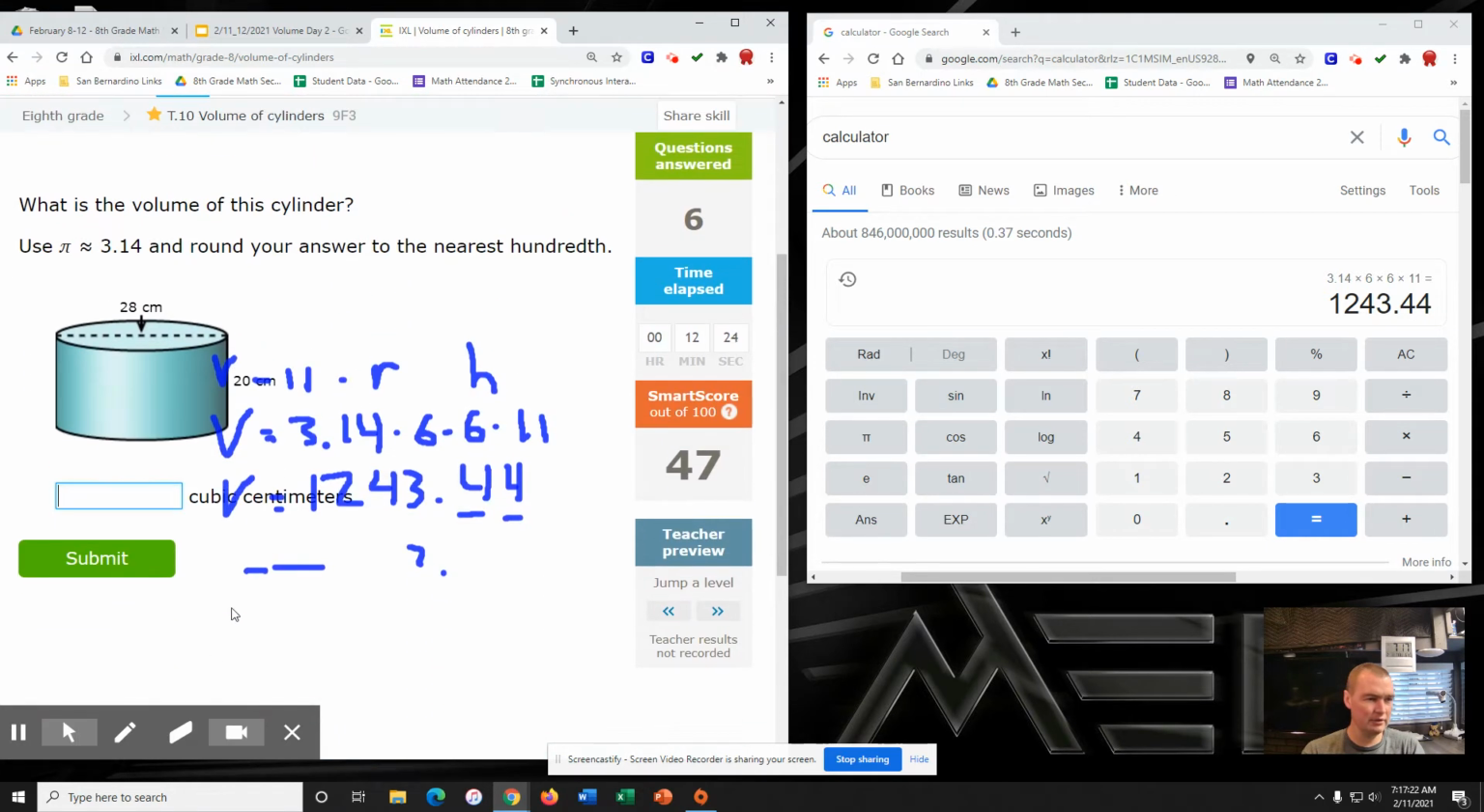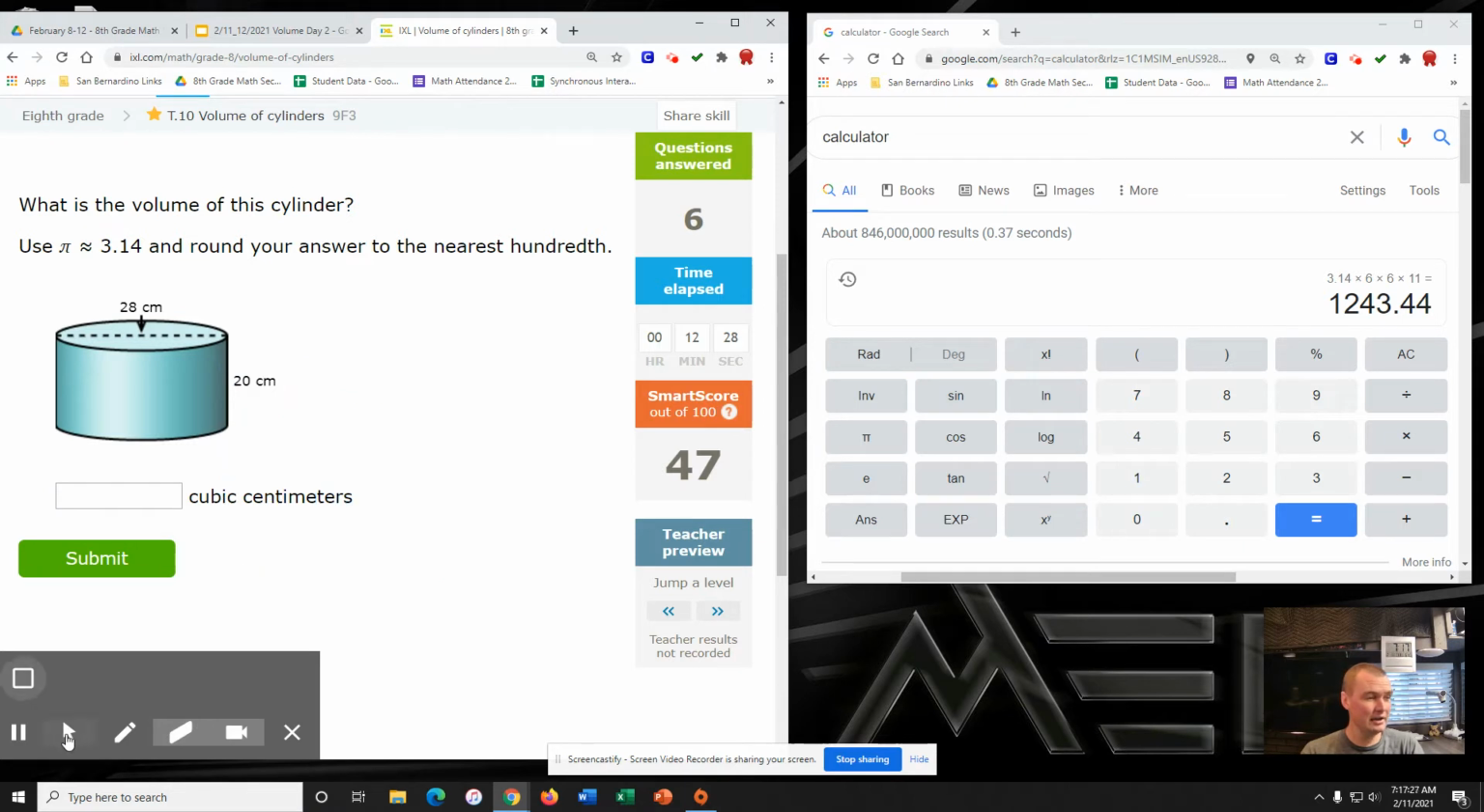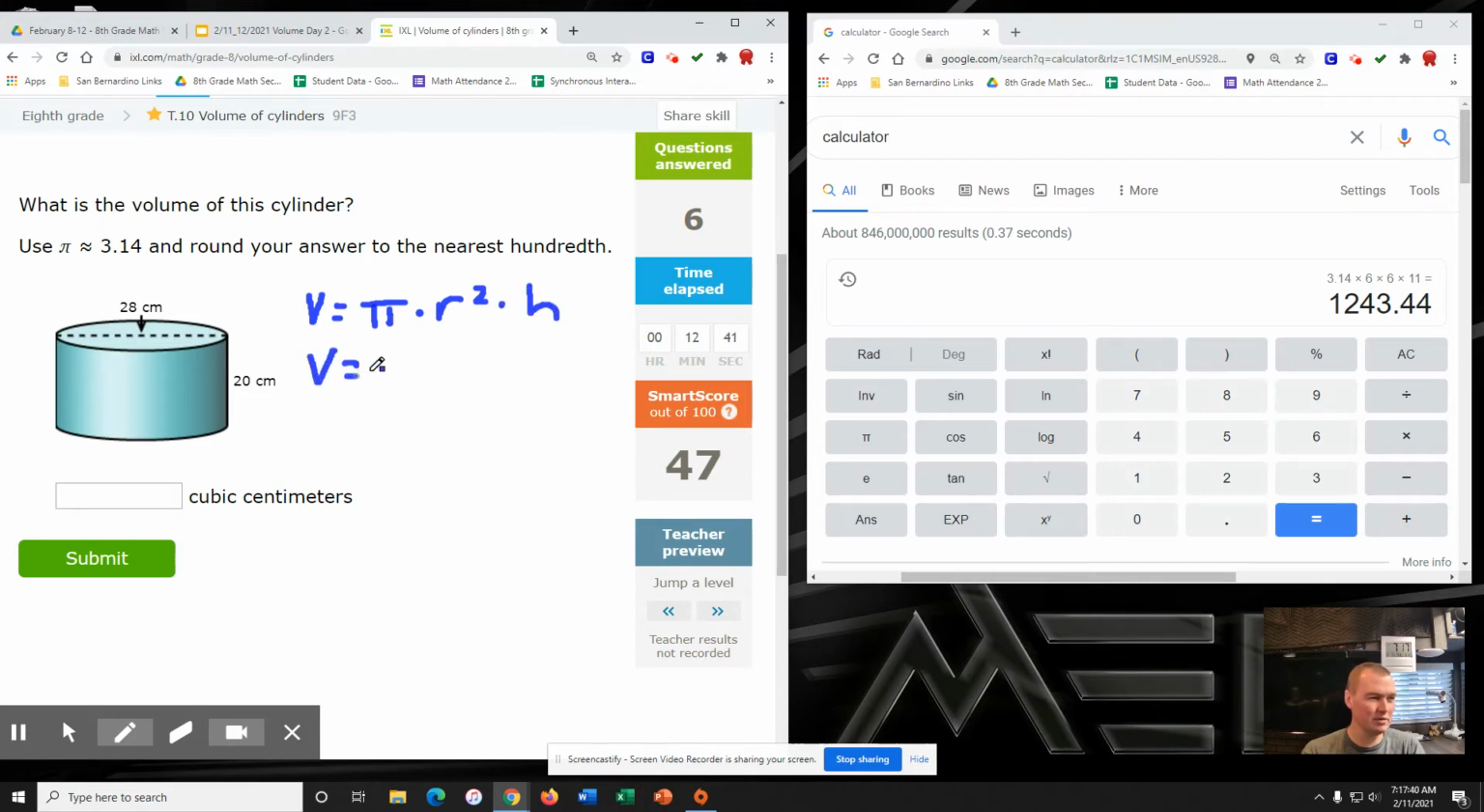And again, we're at 47 with 5 questions correct. Keep in mind we did the first question incorrectly to learn how to do it. And clear the board. Here we go. We got volume equals, got to think right now, right? So pi times r squared times h. So we got volume equals